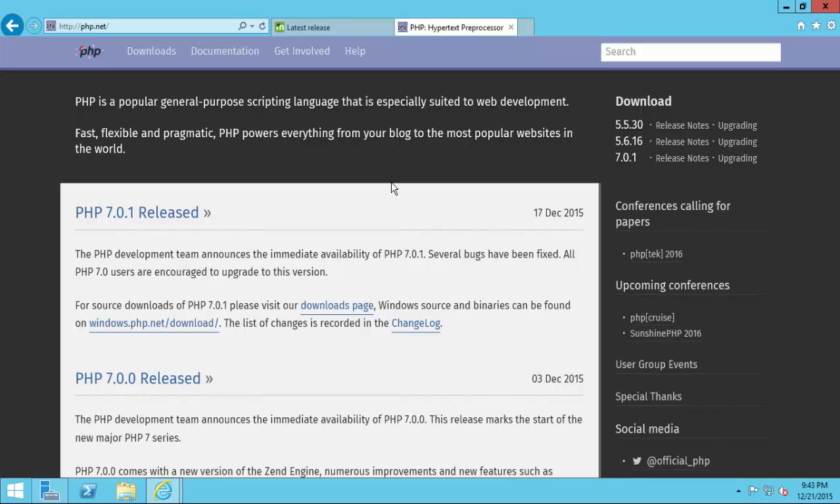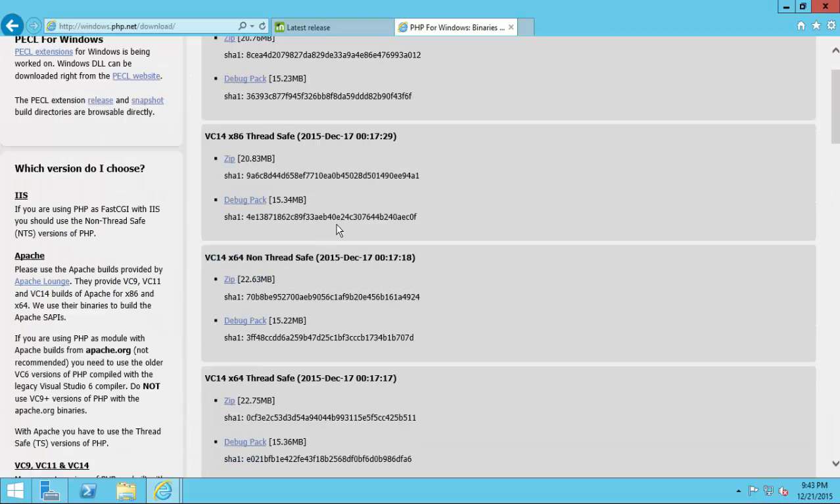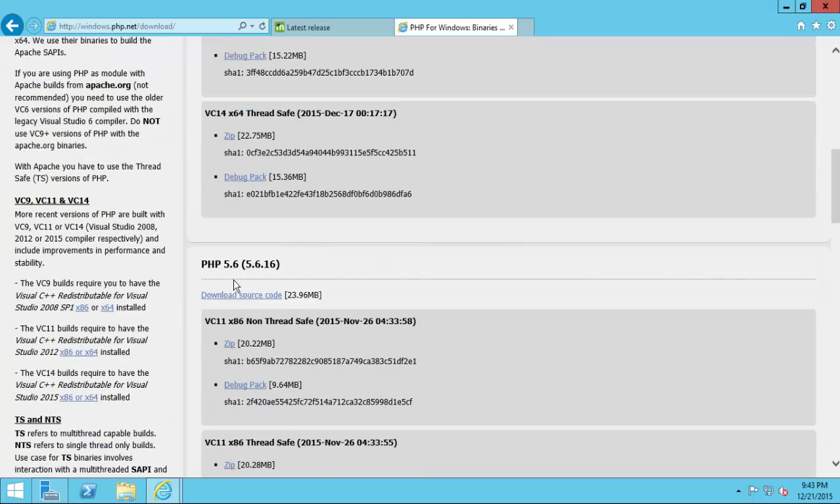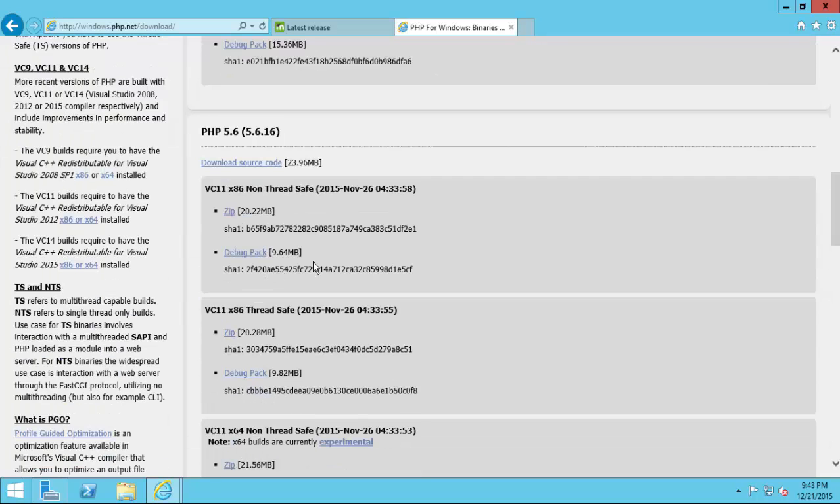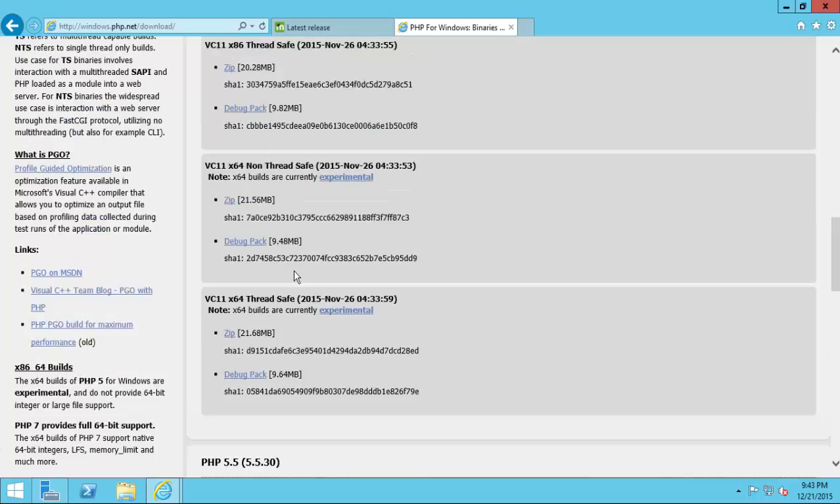But what I'm going to do is install PHP 5.6.16, and later on I'm going to show you how you can install PHP very easily using the PHP manager. So I'm going to go to windows.php.net/download, and from here I'm going to go to PHP 5.6 and install